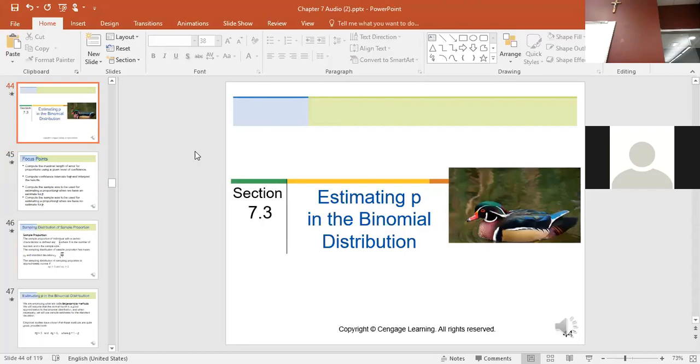If sigma is known, the margin of error is z alpha over 2 times sigma over square root of n. And if sigma is unknown, the margin of error is t alpha over 2 times s over square root of n,